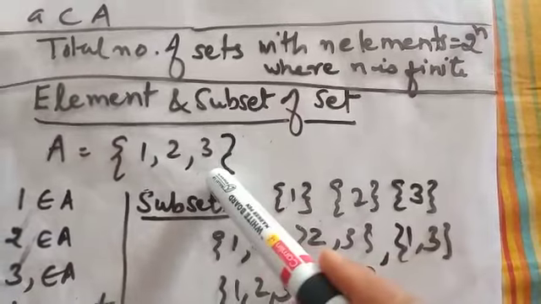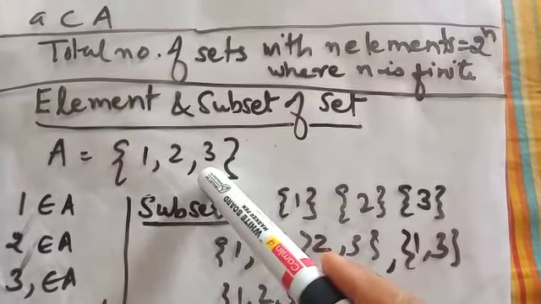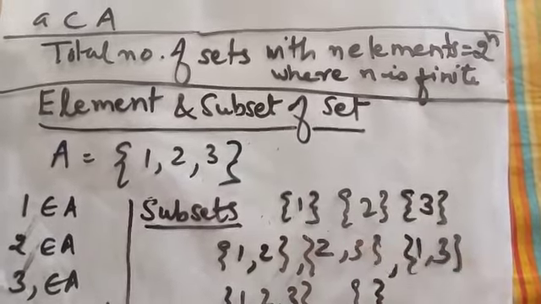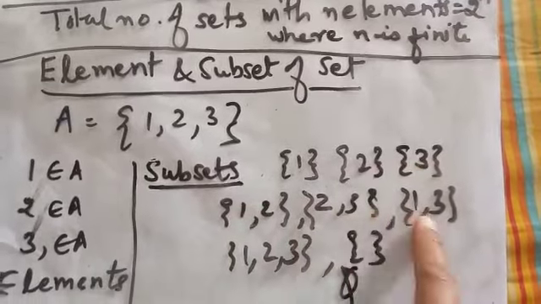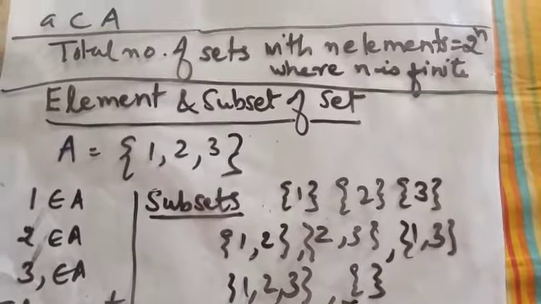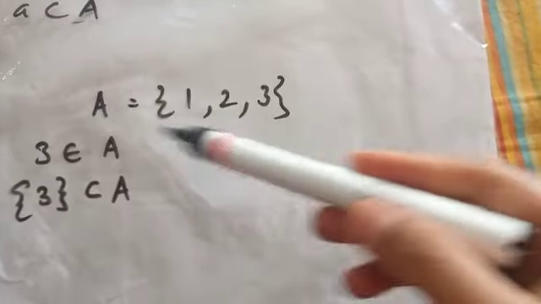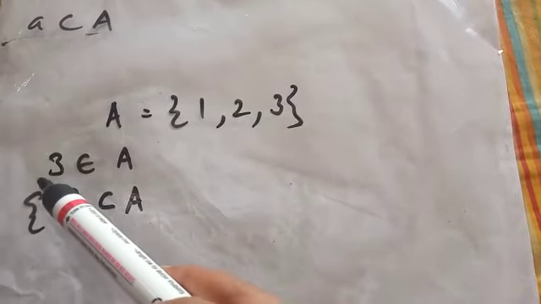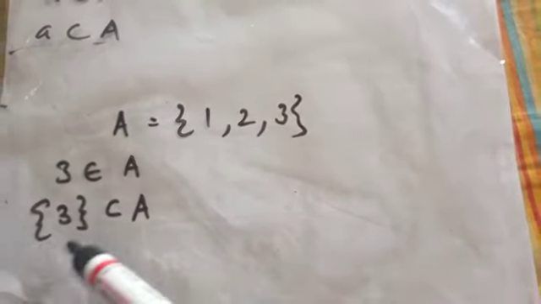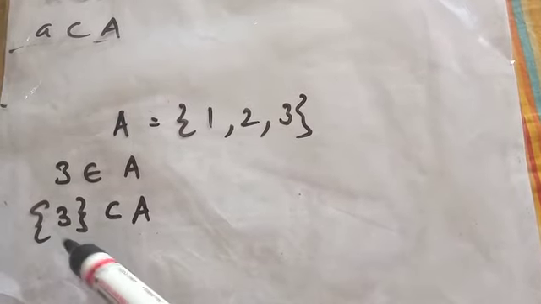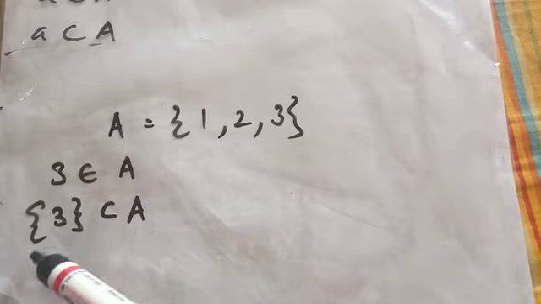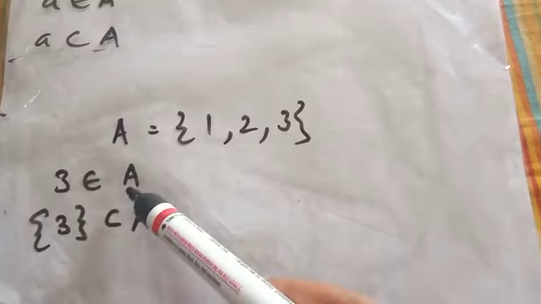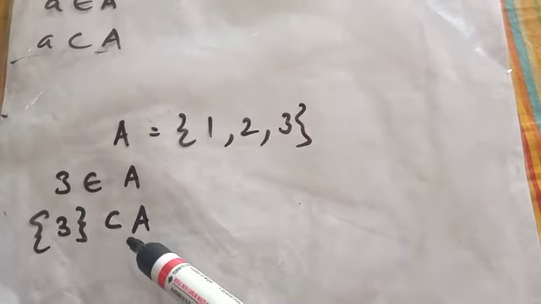So what are we saying? If there are 3 elements in this set, then the number of subsets will be equal to 2 to the power n. 2 to the power n means 2 to the power 3, and that means 8. So now you can check here that there are 8 subsets of this particular set. Now see one more example. I have written A is equal to {1, 2, 3}, the way I have written in the previous question, and now 3 belongs to A, but {3} is a subset. I told you that with curly brackets it becomes a subset. So {3} is a subset of A. So here lies the difference. Element belongs to the set and subset is a part of set.